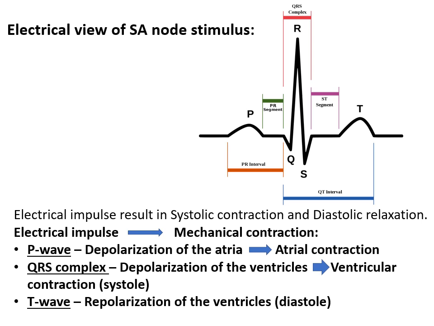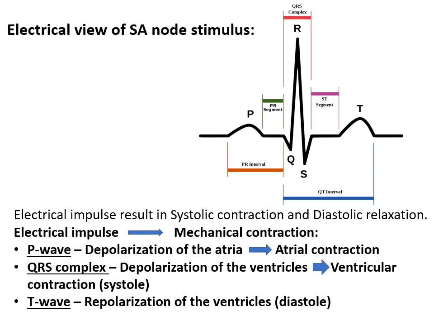So at the beginning, it's the SA node that sends out a little impulse. You can't see it on this because it's too tiny. It doesn't cause an electrical deflection. So the first deflection that you see is a P wave. And the P wave is depolarization of the atrium. Okay, so the P wave is just the electricity going over the atrium and depolarizing them, which will lead to a contraction of the atrium, of both of them,